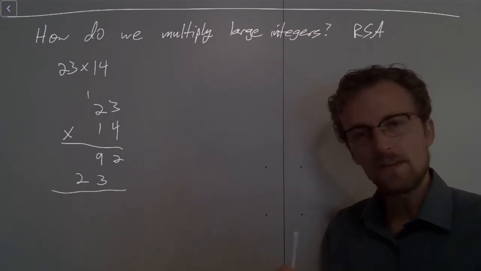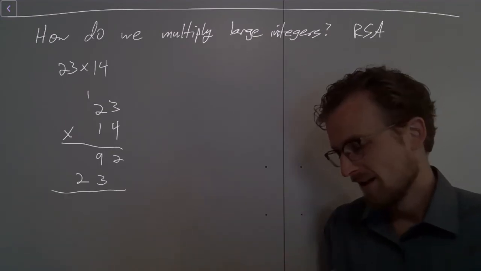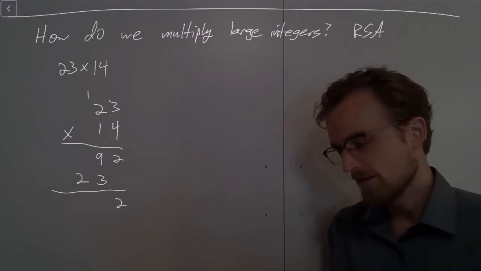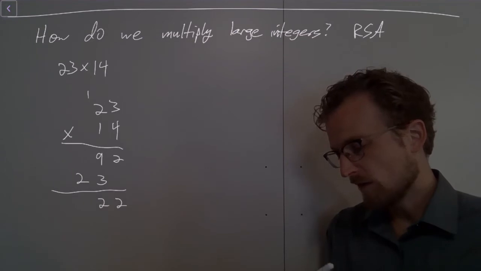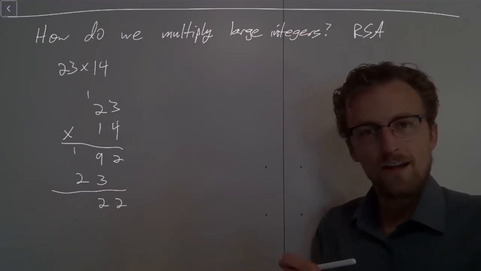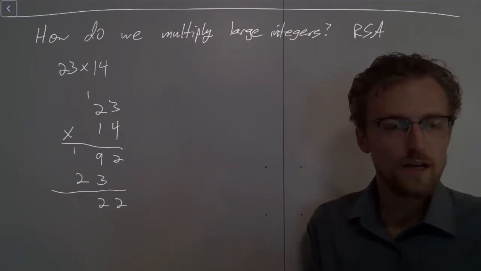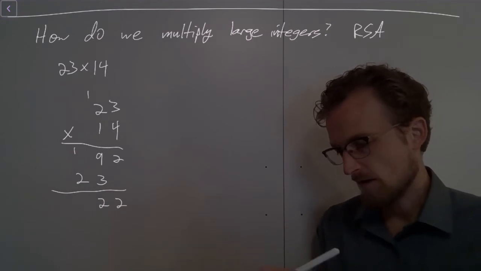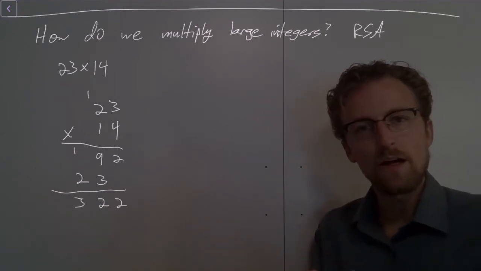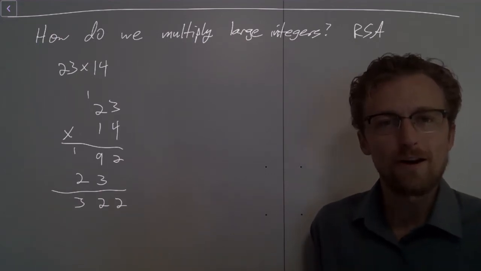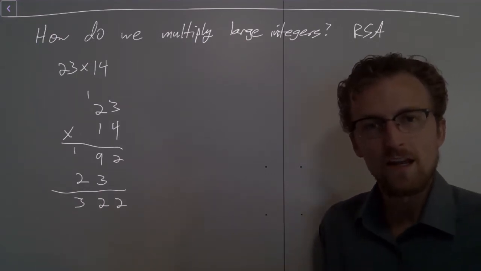And then I just add these two numbers together, right? So I drop my 2 straight down. 9 plus 3 is 12. And so there I've got my 12 here, and I carry the 1. And then I add 1 and 2, and I get 3. Right? So there we have it. On paper, I just multiplied 23 by 14, and the answer is